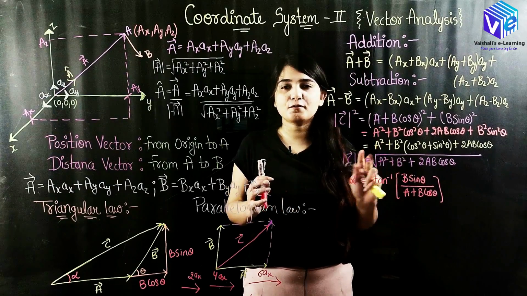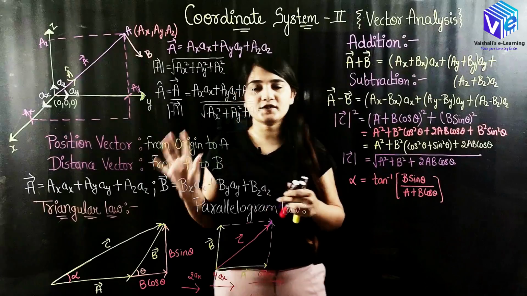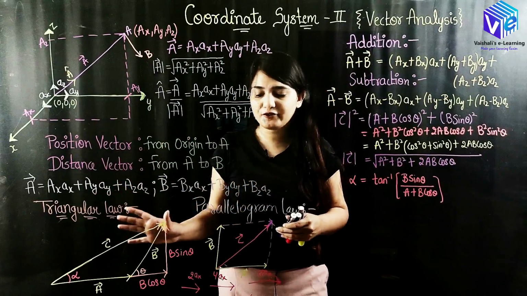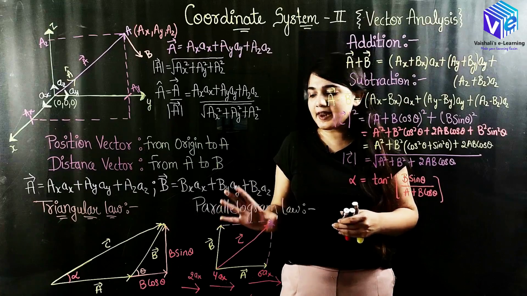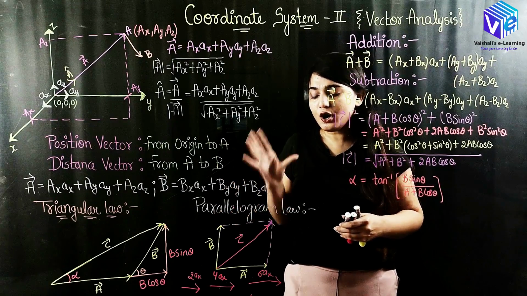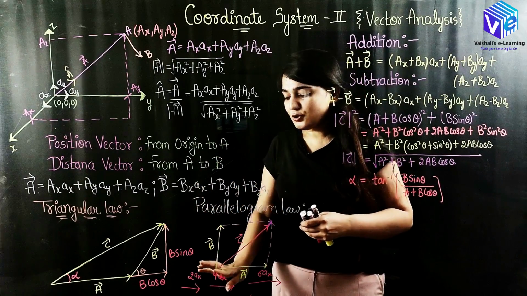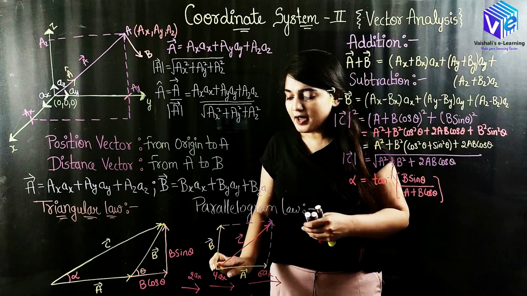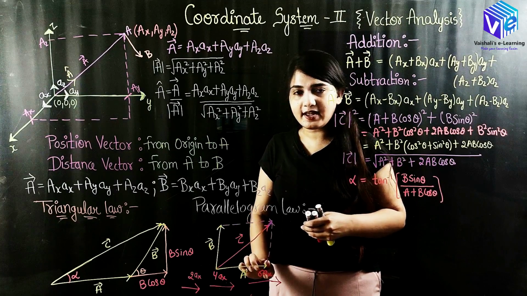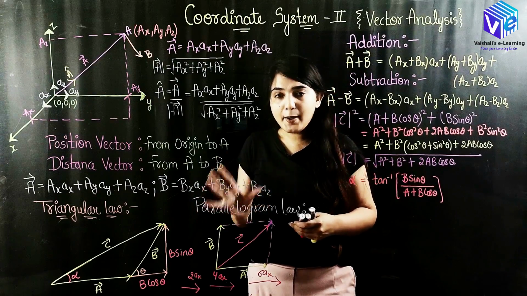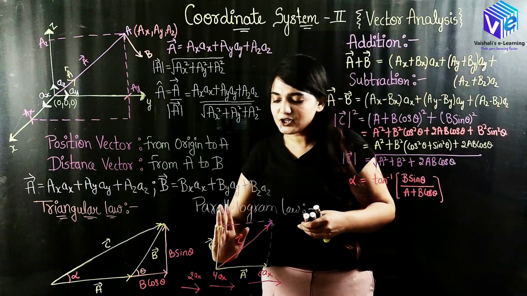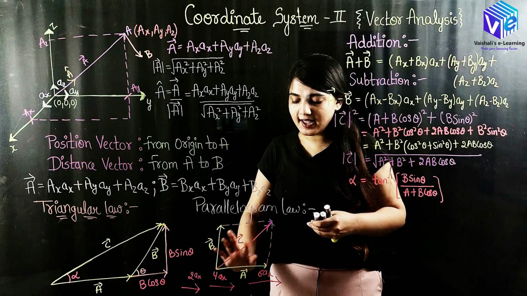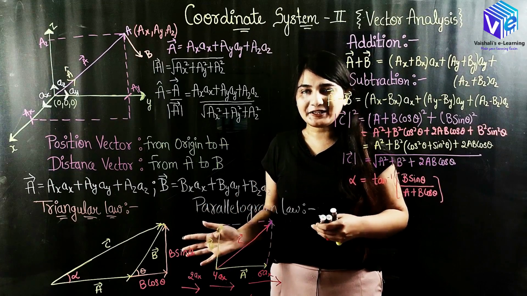So now I have both magnitude as well as the direction of C, and this is how easily I can interpret what is C with the help of triangular law. In the similar manner, I have the parallelogram law. What happens in the parallelogram? Here both of the tails are originating at the same point, and here this is the B vector, this is the A vector. Now what I will be doing? I will be making the parallelogram. I will be shifting the B vector over here. Now you can see I have made it to be the triangular law.